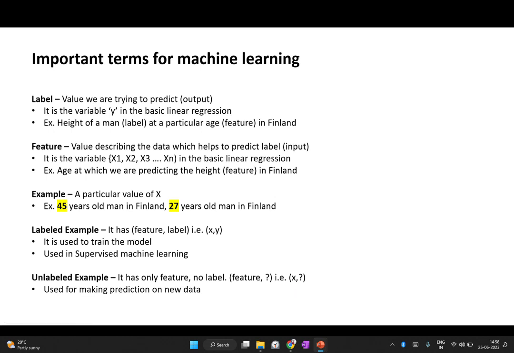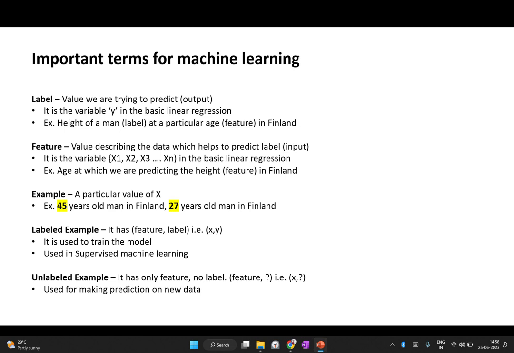All right, let's talk about some important terms for machine learning, which will lay the foundation of your journey to learn machine learning as well as artificial intelligence. So first, let's talk about label. Label is the value that we are trying to predict. It is the output. So when we talk about X and Y in machine learning or the linear regression model,